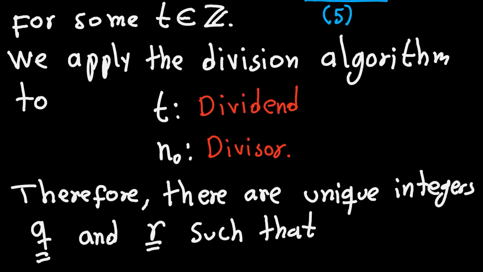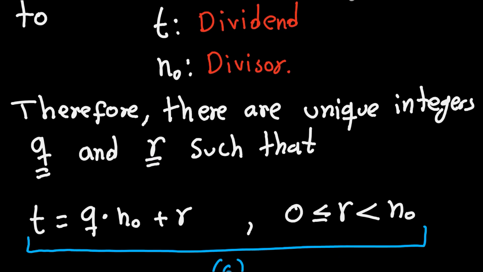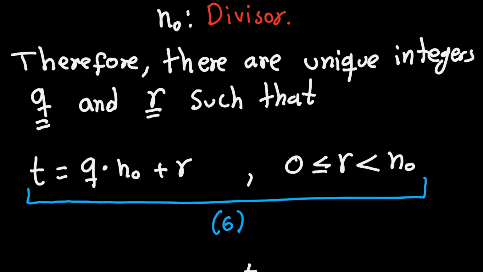The division algorithm tells me that I get two unique integers. One of them is the quotient Q, and the other one is the remainder. And what we get is this: the dividend is equal to the quotient times the divisor plus the remainder,